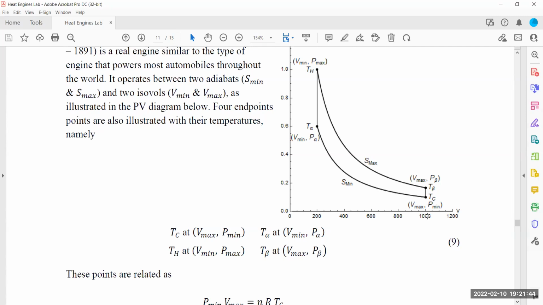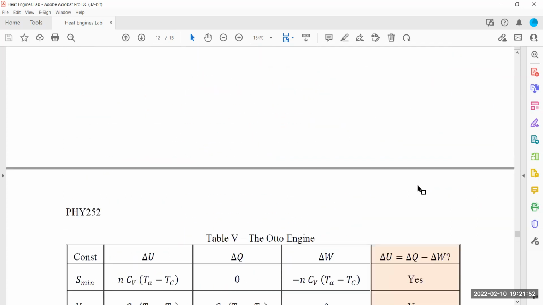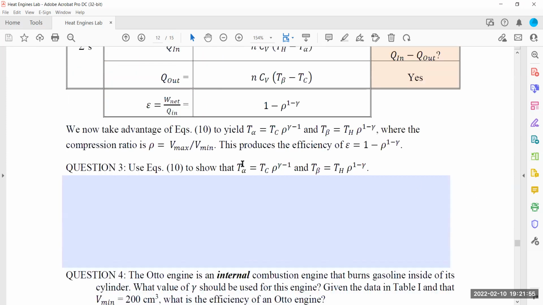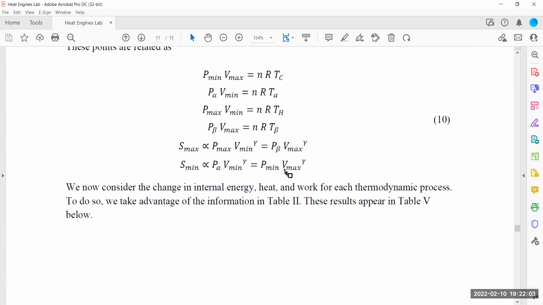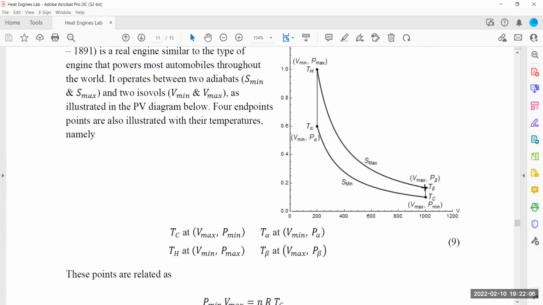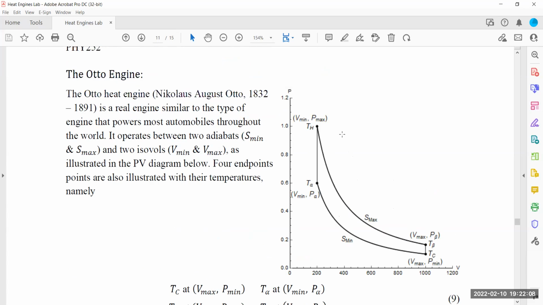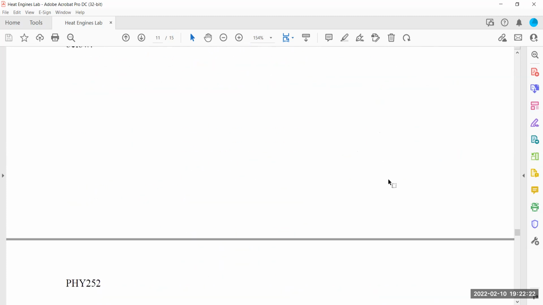Okay. So we are supposed to use a relationship in here, the adiabatic process and this adiabatic process, to find these expressions. And we did them actually in lecture. If you go back today to lecture, you will find these relationships in here. Okay. So T alpha and T beta are related to T gamma. So in other words, this is what you got to do for one of them. T alpha times V max to the power gamma minus 1 is equal to TH times V min to the power gamma minus 1. And divide by V min, and you end up with V max over V min, which is rho. So that's how you find one of these two relationships,